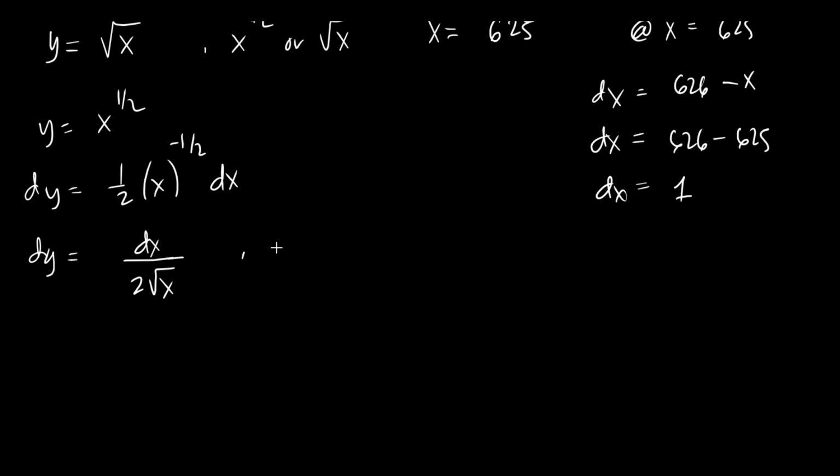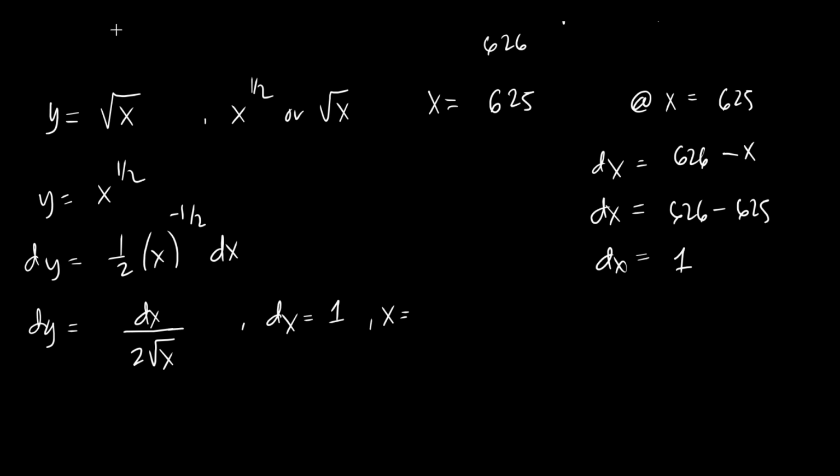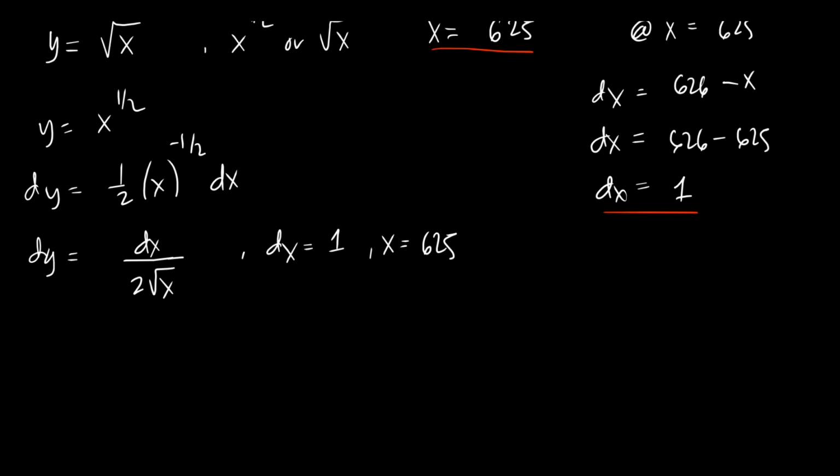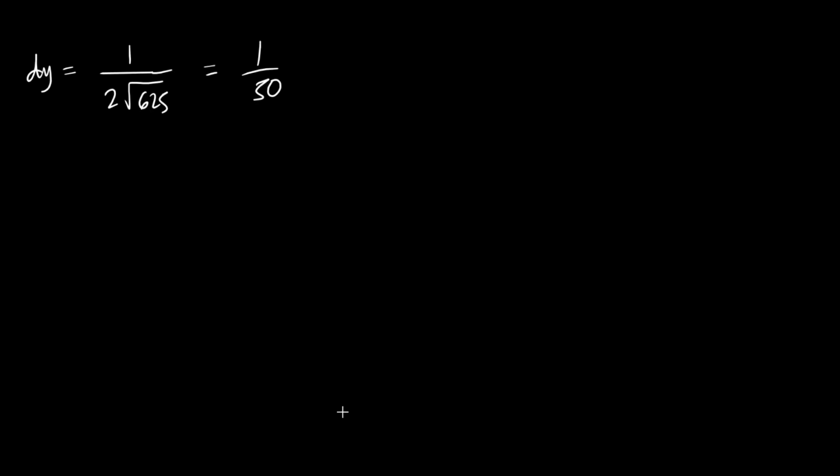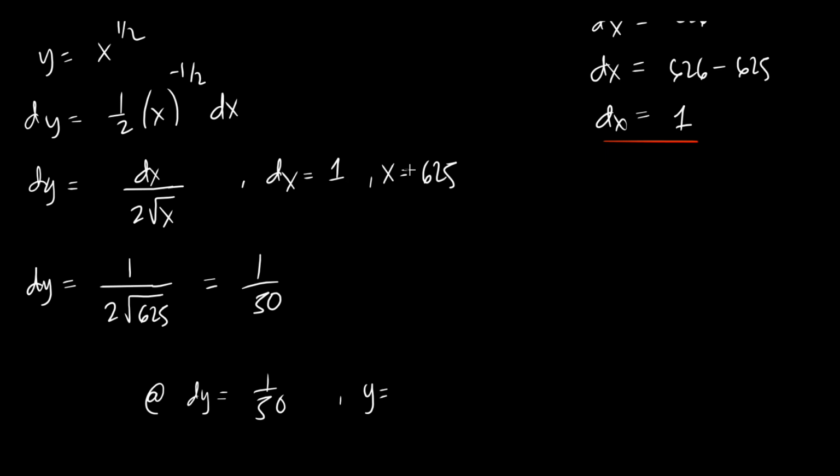But the value of dx is equal to 1, and x is equal to 625. So we have dy is equal to 1 all over 2 square root of 625. By using calculator, we have for this one 1 all over 50. So dy is equal to 1 over 50,